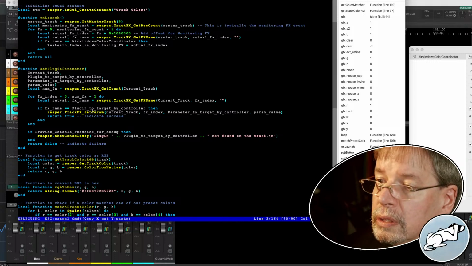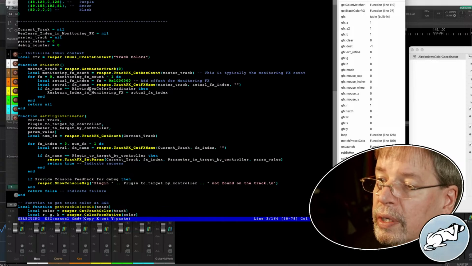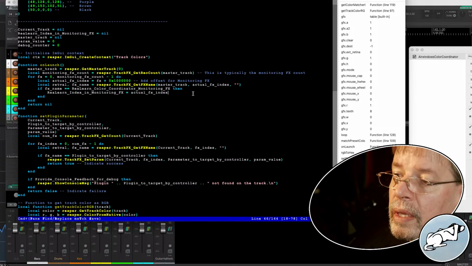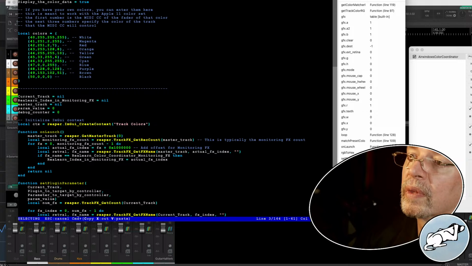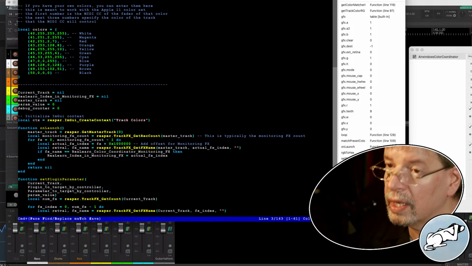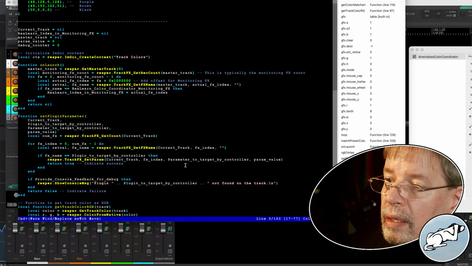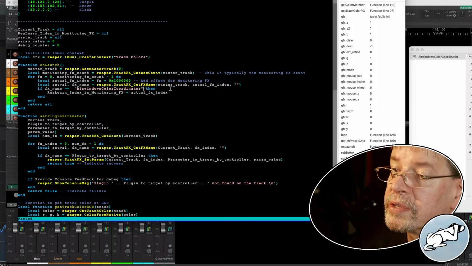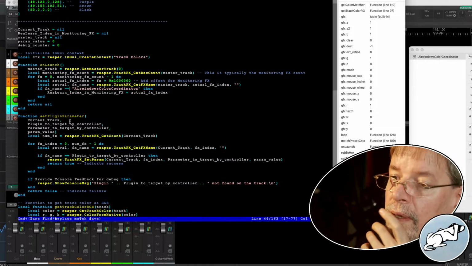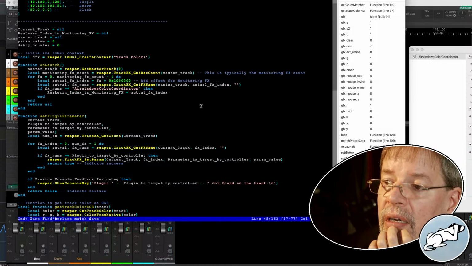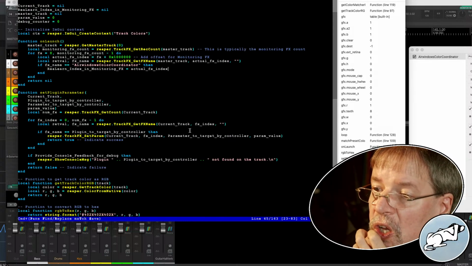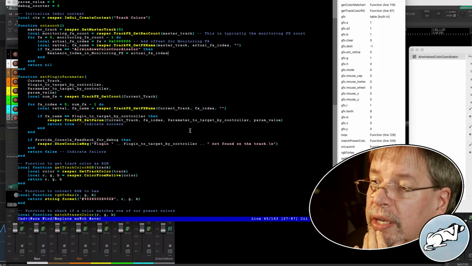Name equals, and here's where that other bit was. So FX name, you know, we could disambiguate that a little bit. Just force people to use this. You have to call it Airwindows Color Coordinator. We're charging ahead. I'm basically looking to see where